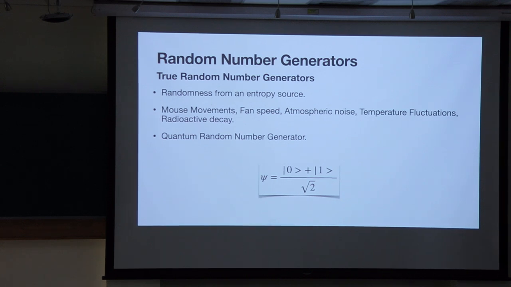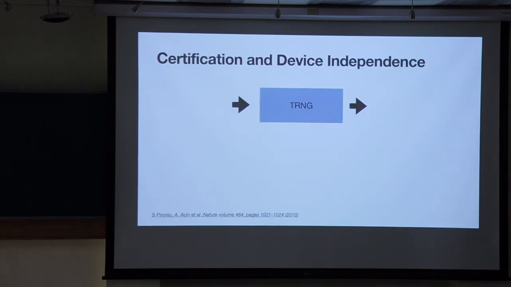But the problem with this is a really big problem, which I'm going to explain with this example. Say someone sold you a true random number generator, saying that it has a bunch of qubits which, if you give some input, will be created in some equal superposition state, and you get a bunch of really nice random numbers out of this. Now the question is, how do you certify that these are coming from a truly random or a truly quantum source? It's really difficult to look at these numbers and judge the authenticity of the source. You can do some statistical tests and see how widely this is spread, but there is no way to certify its source.